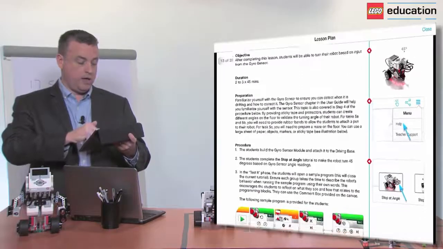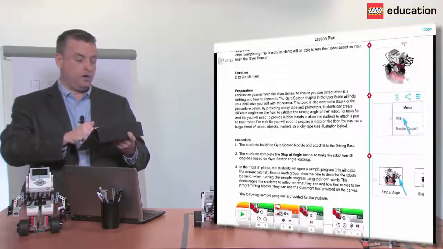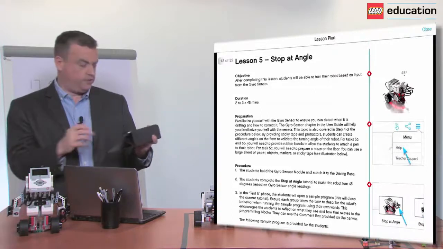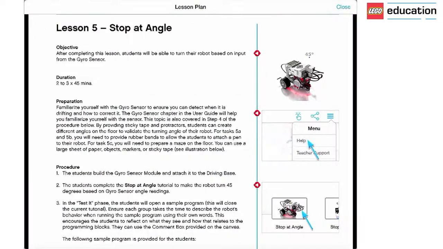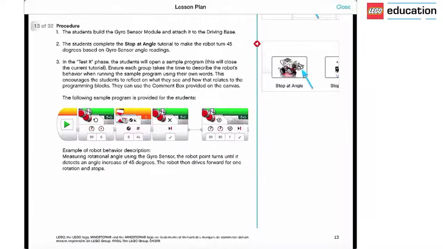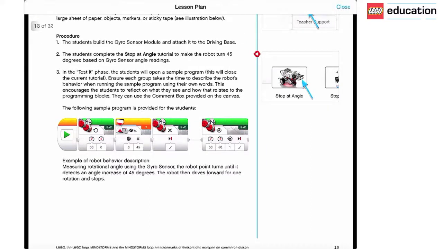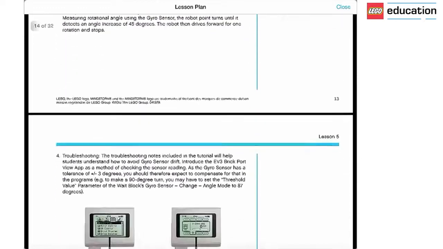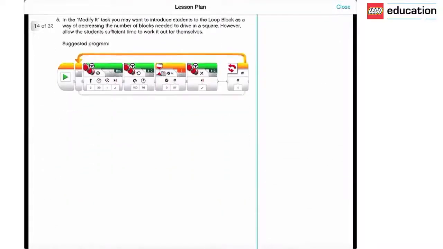So here we are, and if I scroll through the lesson plan, what I love about it is you get the objectives to the session, how long the lesson is going to be, the preparations needed, and then the procedure. First of all, by going through the tutorial, stop at angle, and once we've done that,